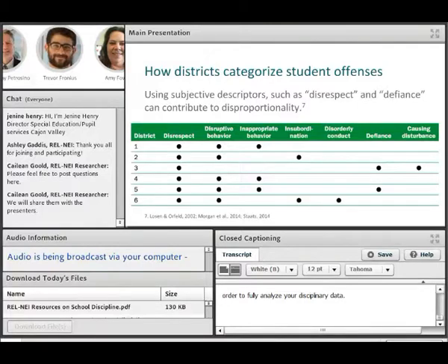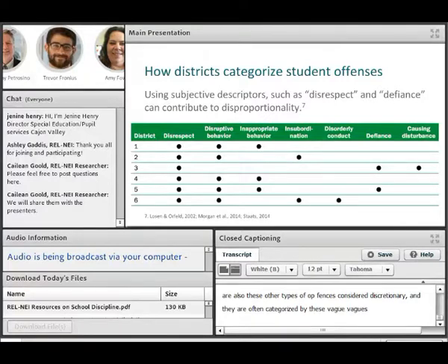So there's really a wide range of student offenses for which they might be subject to disciplinary action. There's non-discretionary offenses that might require a very specific disciplinary action. For example, physical violence between students, fighting, or verbal threats. They might carry a very specific consequence or disciplinary action. But there are also these other types of offenses considered discretionary and are often categorized by these vague descriptors. So you can see in the table on the slide here,